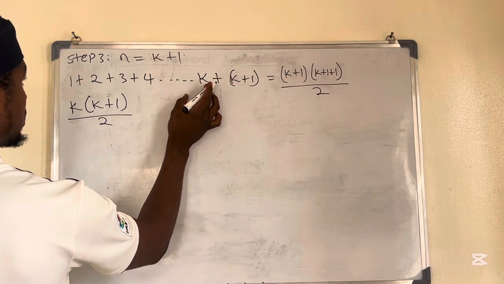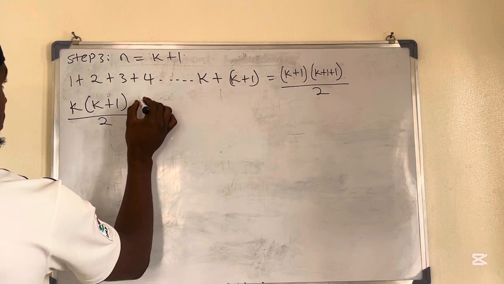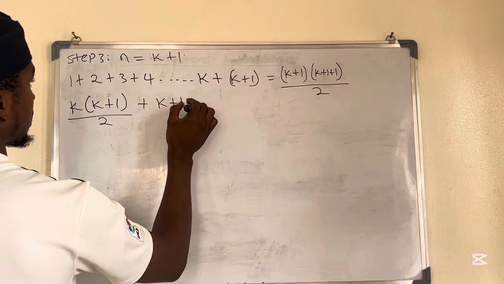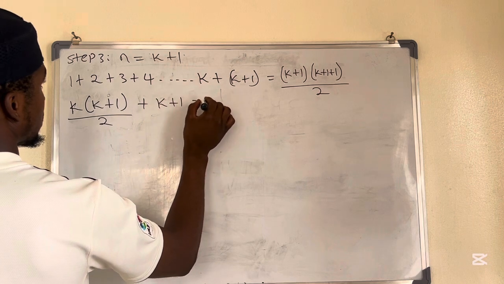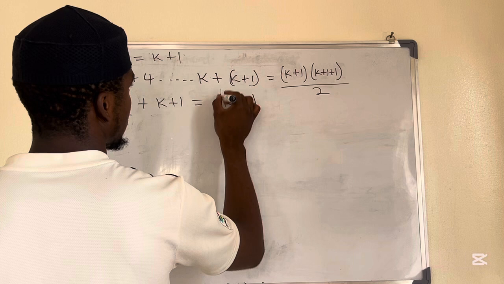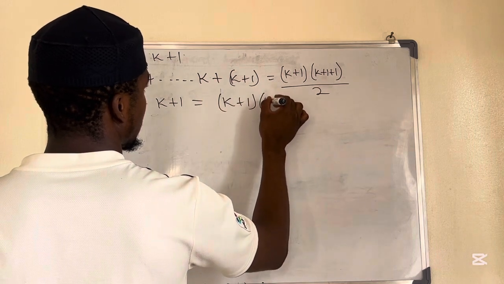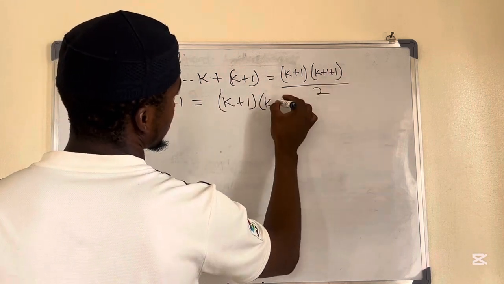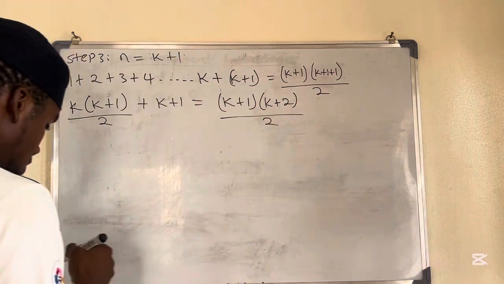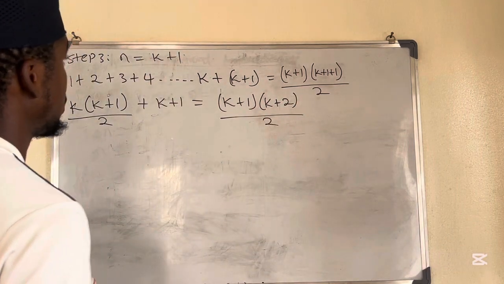Then only this part here is equal to this plus k plus 1, that is equal to k plus 1 into k plus 1 plus 1, all over 2. So